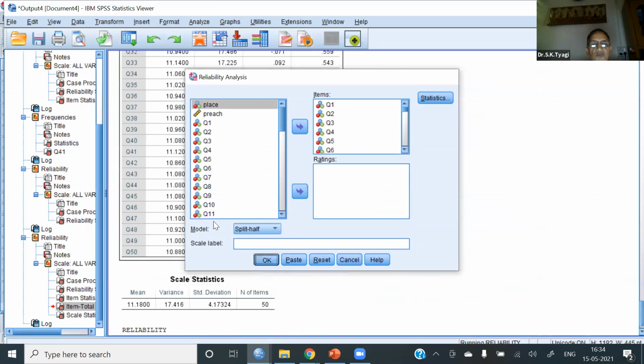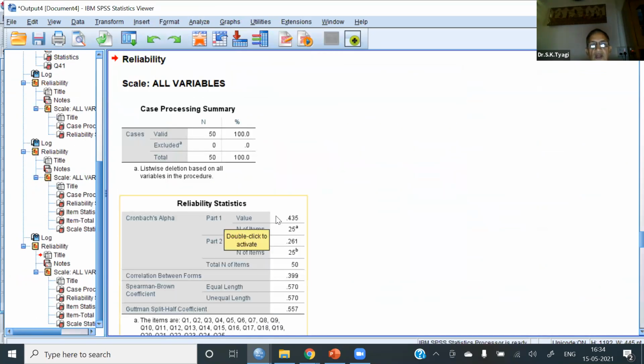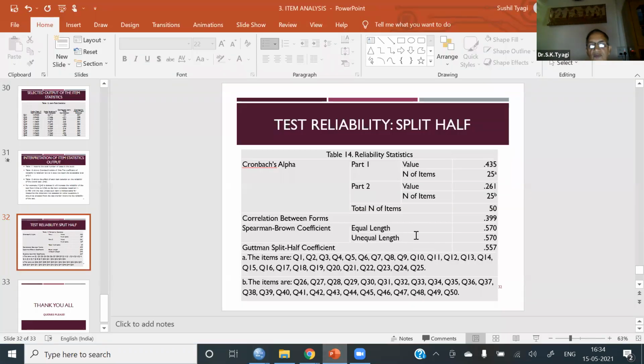So this gives you part 1. Cronbach alpha for part 1 is this much. Cronbach alpha for part 2 is this much. Correlation between part 1 and part 2 is this much, 0.399. Spearman formula is this much. So this is the split half reliability, 0.570. So this is how we calculate the split half.